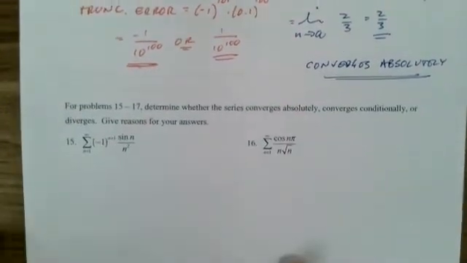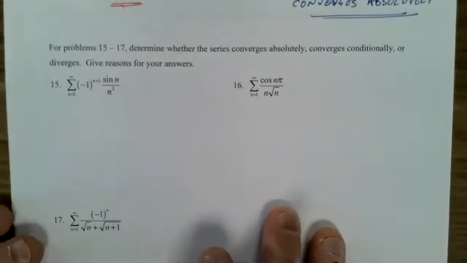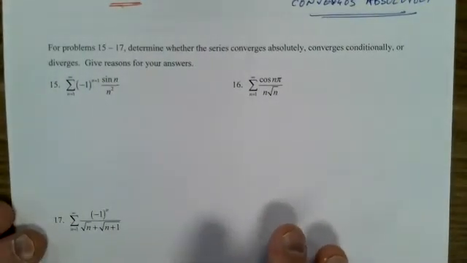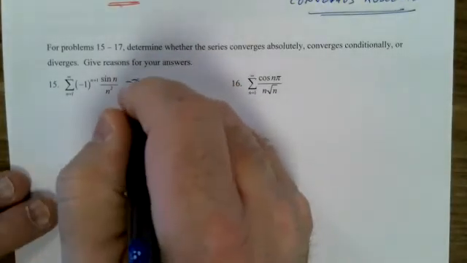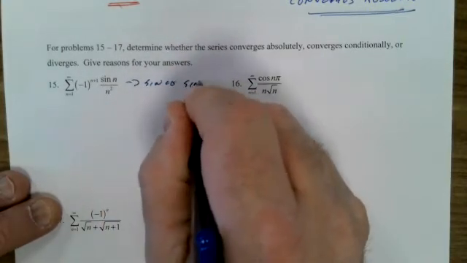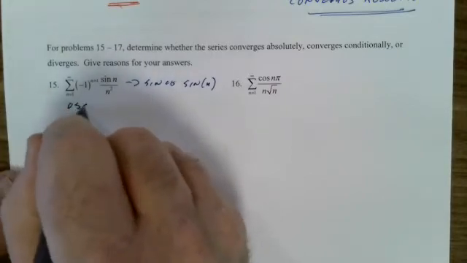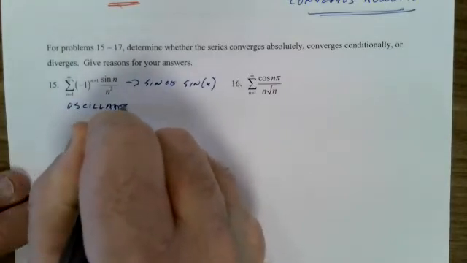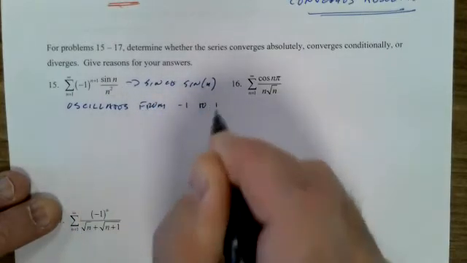All right, keep hacking away, right? Determine whether the series converges absolutely, conditionally, or diverges, give reasons. All right, this is horrible. Since sine of n oscillates from -1 to 1,